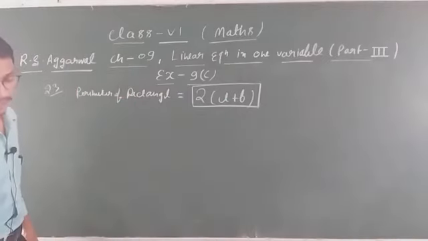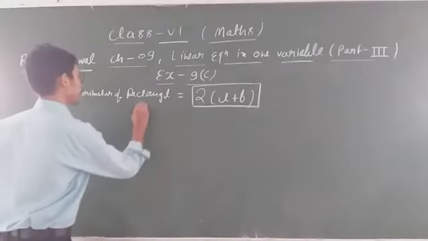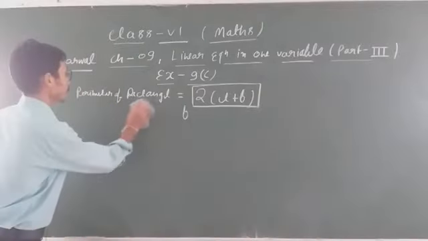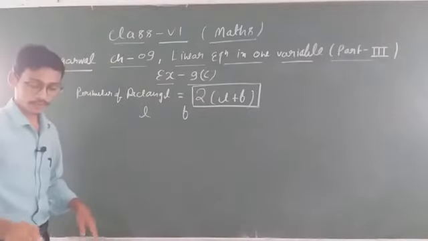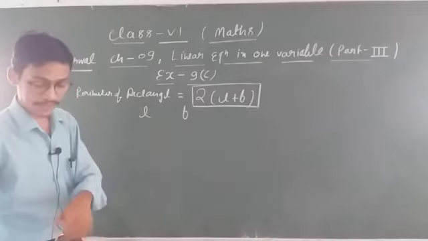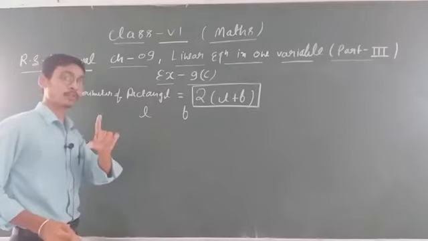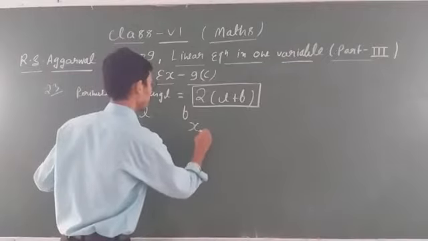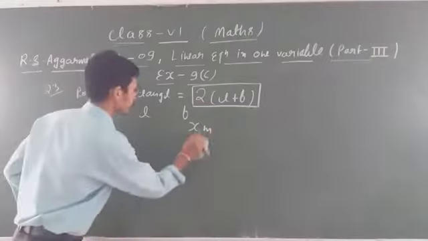But in the question what is given? The length of the rectangular hall is 5 meter more than its breadth. So let this be L, this be B. L means length and B means breadth. You know very well? Okay. This is L, this is B. What is given? The length of a rectangular hall is 5 meter more than its breadth. So you don't know about length and breadth, but one thing you know, that length is 5 meter more than breadth. So let breadth be x meter. Clear? Breadth be x meter.